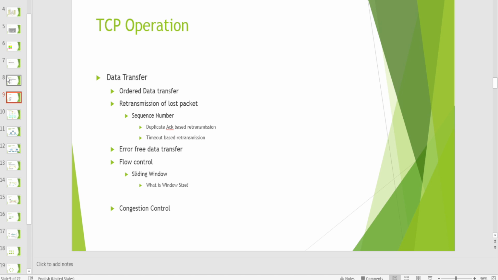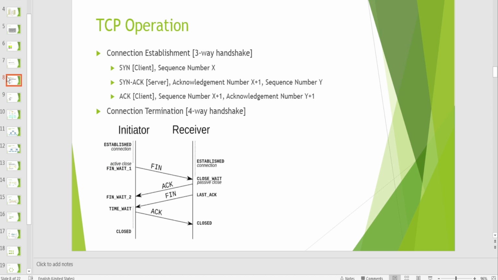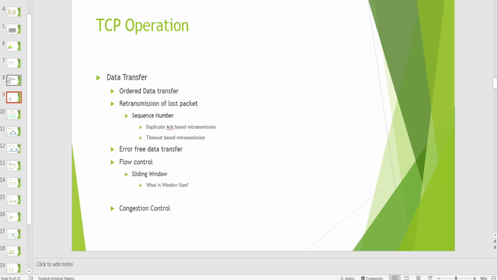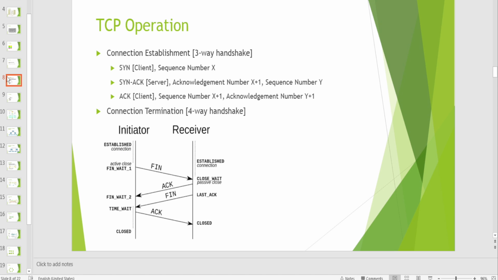So in the data transfer phase, of course, the actual data is being transmitted in this phase. The rest is signaling. The connection establishment and termination is the TCP signaling. Ordered data transfer takes place in TCP. What do I mean by that is, using these sequence numbers that we discussed in the establishment phase,